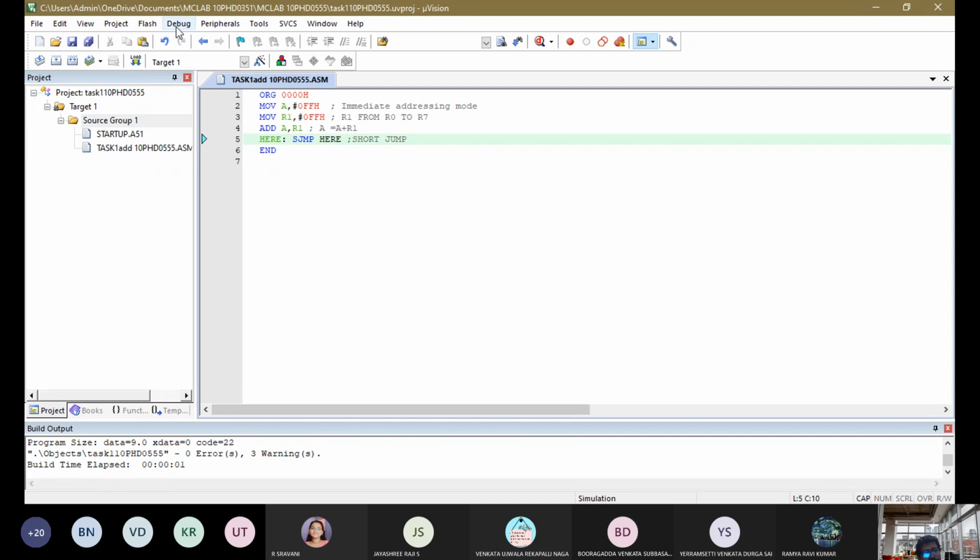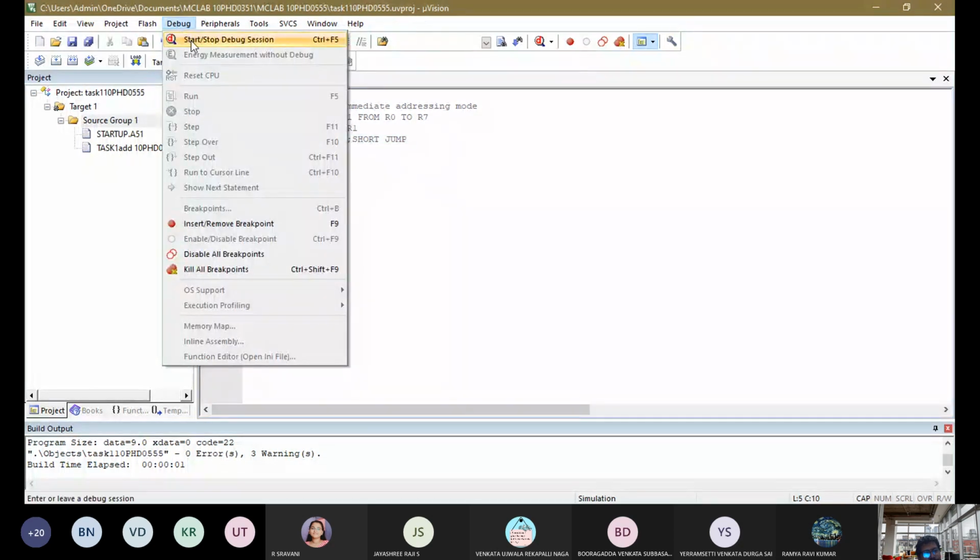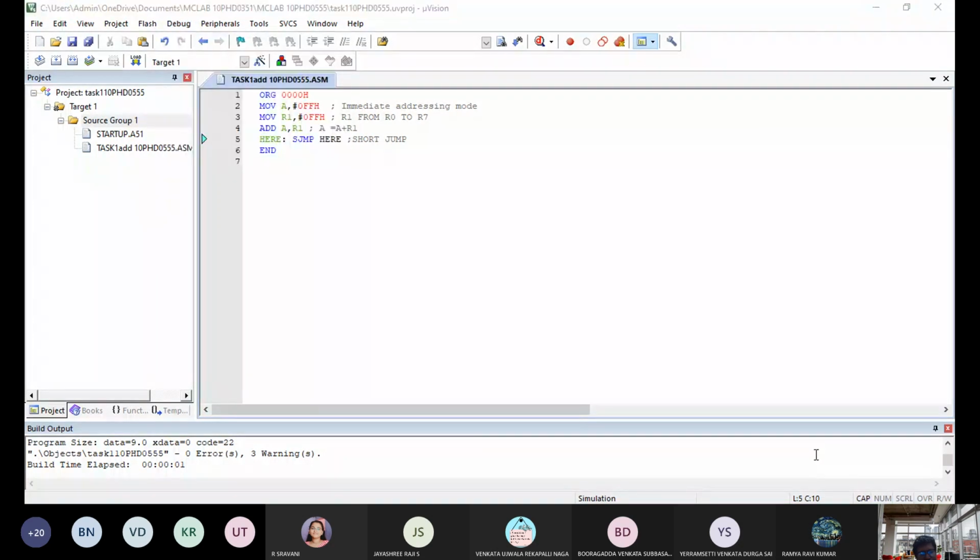Now for execution, the next step is Control F5.